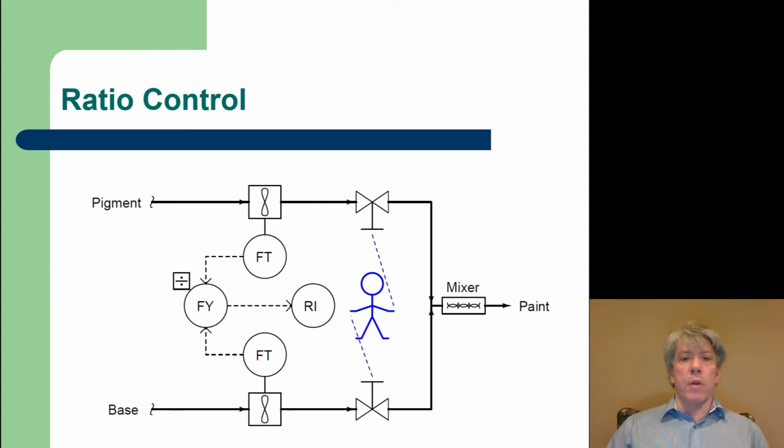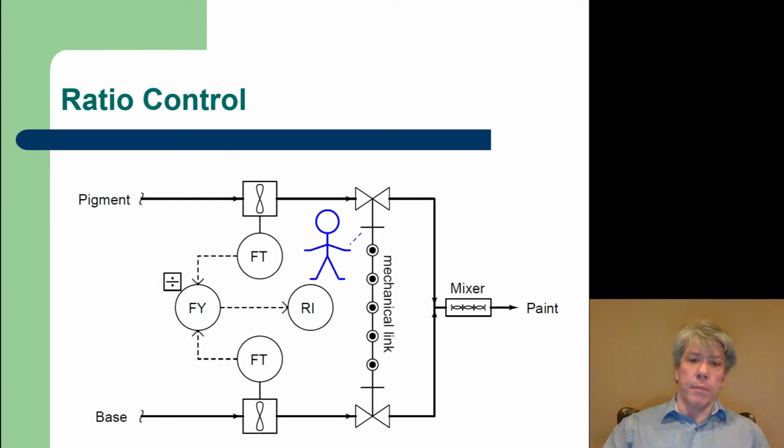So maybe there's a flow transmitter from each of the two streams that you want a certain ratio of, and so there's a calculation Fy that is one divided by the other, and then a ratio indication Ri that the human being can look at and adjust both valves as necessary so that the paint comes out with a proper